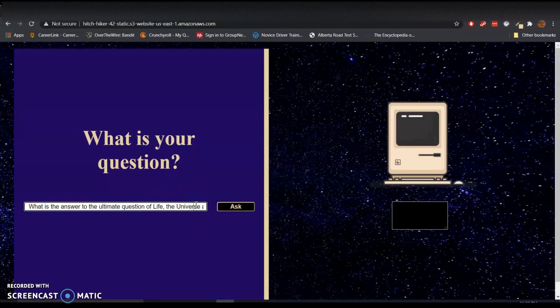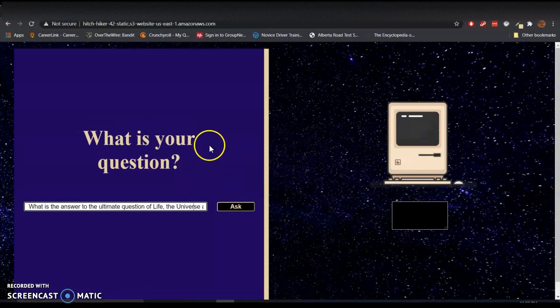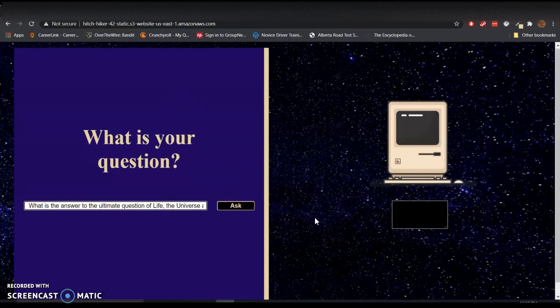Hello, this is my web application. I'm calling it HitchHiker42, which is a very geeky name. The whole website is meant to be very geeky. So there's my representation of the computer Deep Thought. I found this illustration on one of the websites provided by GitHub Student